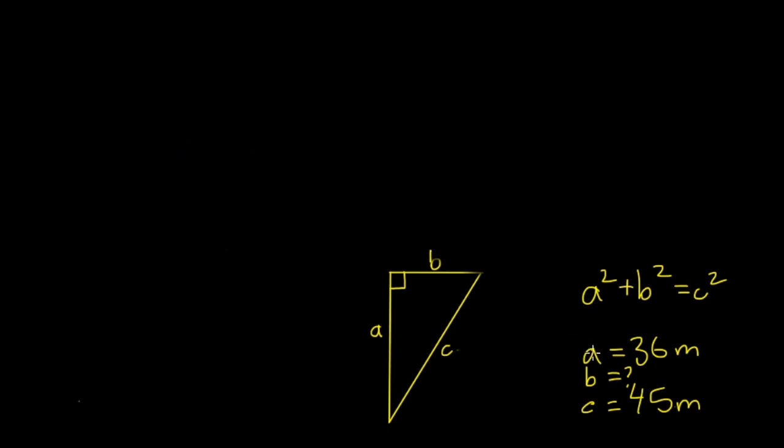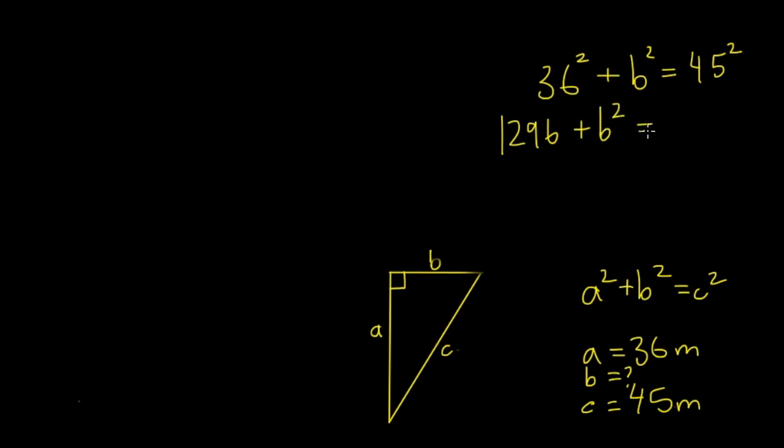Okay, now to solve this, we simply have to put in the numbers that were given into the equation. So here we'll be given 36 squared plus b squared is equal to c squared, which is 45 squared. So what is 36 squared? That is 1,296. I just used my calculator. Plus b squared is equal to 45 squared, which gives us 2,025. Now to isolate for b squared, we have to move this number to this side, therefore switching its sign. So we're left with b squared is equal to